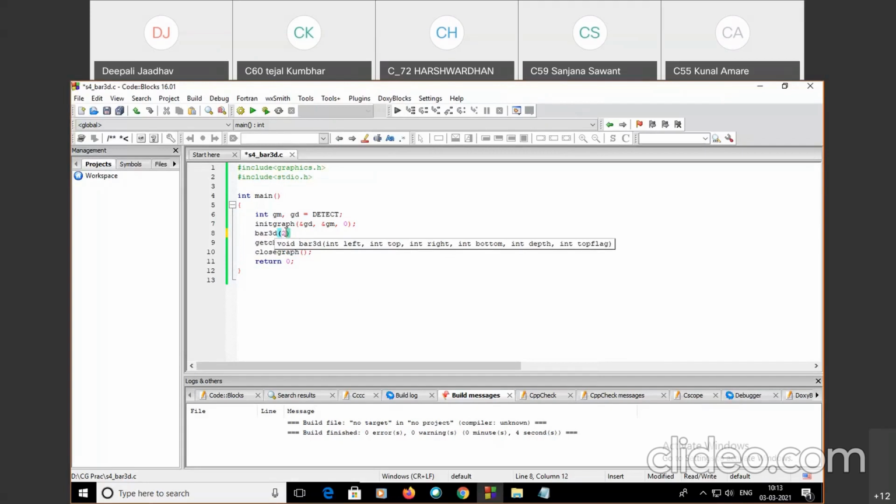Suppose I use here 50, top 50, right 100, and bottom 100. The depth of the bar is 25, and the top flag 1. Top flag means if we want to display the top of the bar. I'm going to execute it.